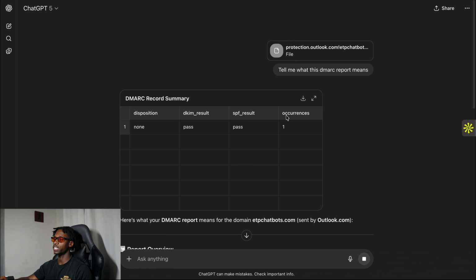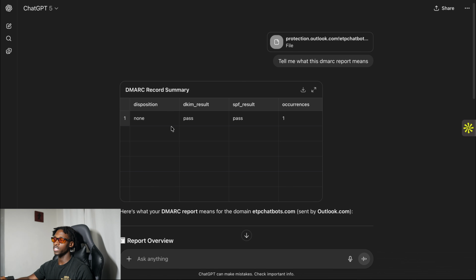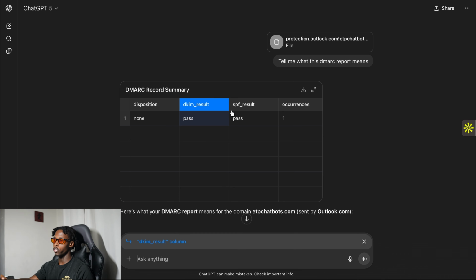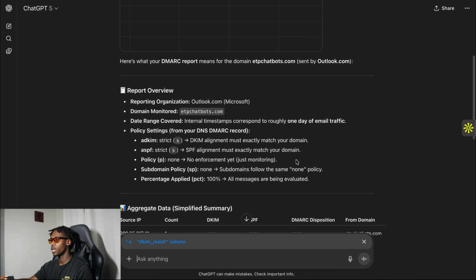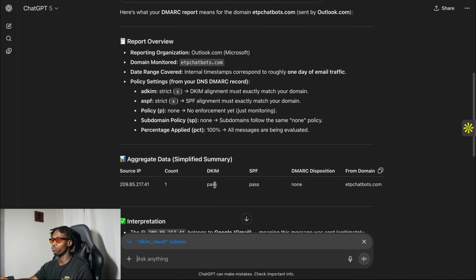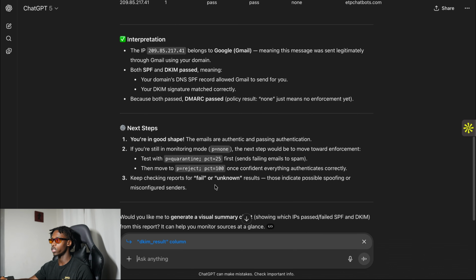So this is what ChatGPT spat out, and it pretty much gives you the report of how the DMARC is performing and how your other records that you set up, your email authentication records, are performing as well. You can get an overview, and you can really start diving into this if you want to. So yeah, guys, that is how you set up the big 3, your SPF, DKIM, and DMARC records for